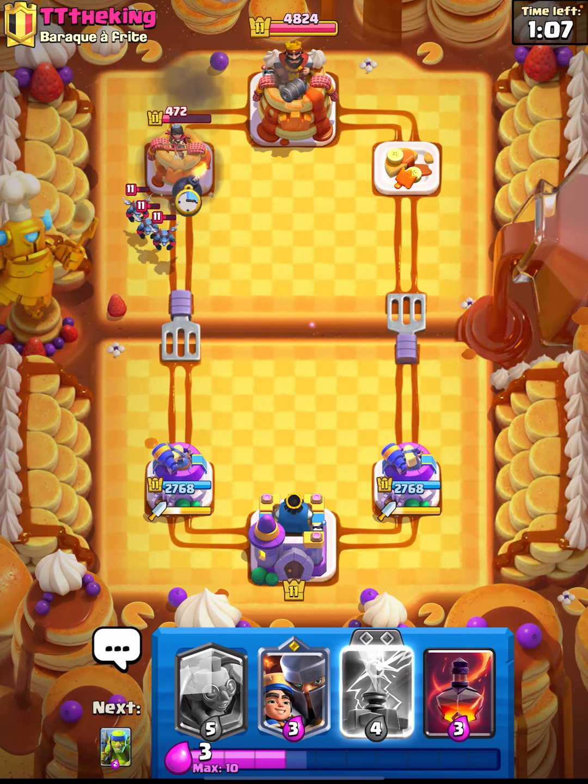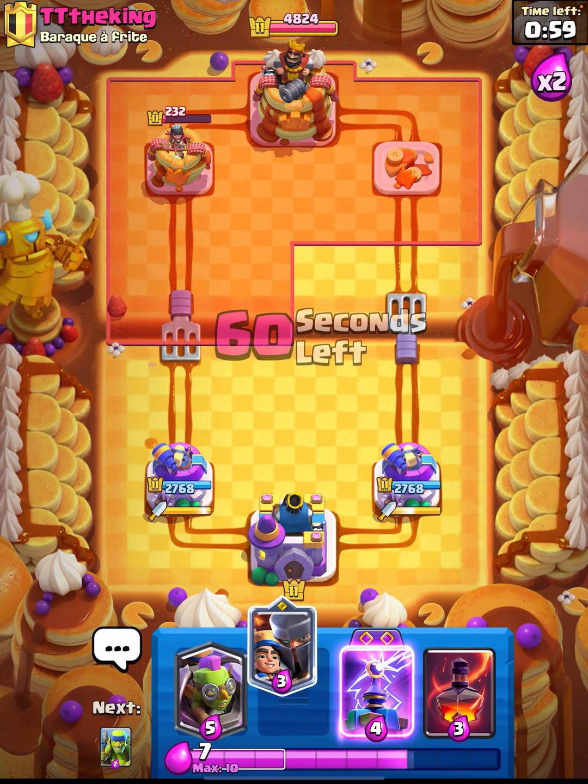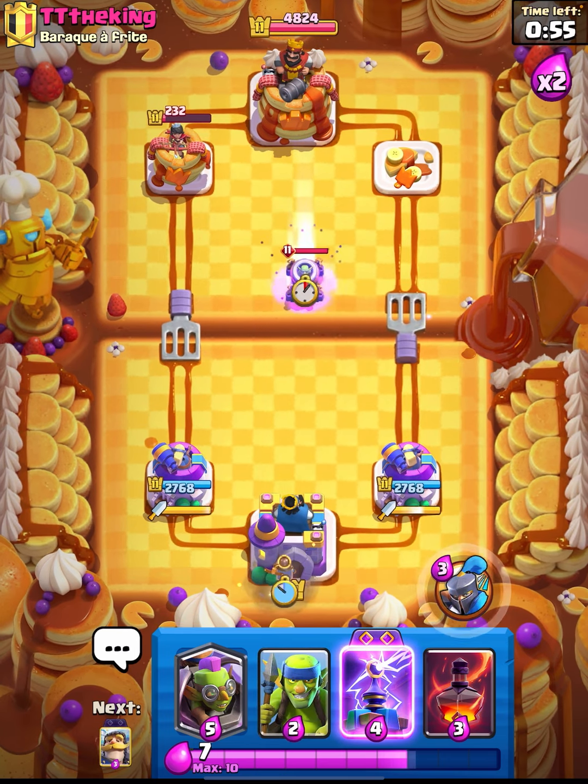And we've got it low enough. The balloon will take it down within void range, I believe, so we don't even need to worry about that right now. And we are absolutely destroying with this deck so far, boys. You know, it's so powerful, as you guys have seen. So let's just cycle our little prince in the back, and we're just going to see if our...